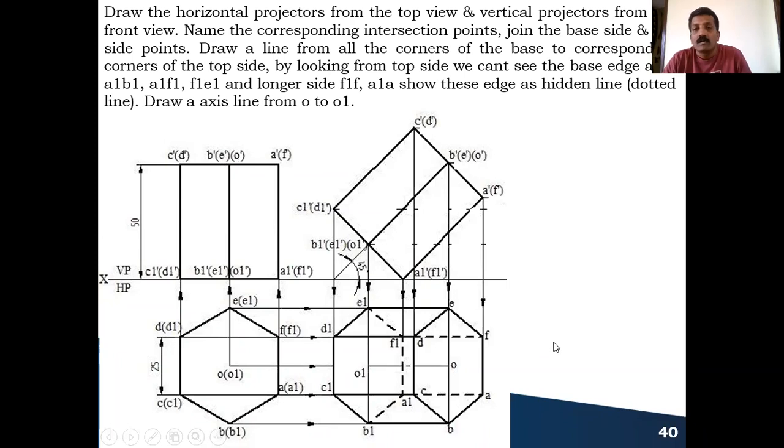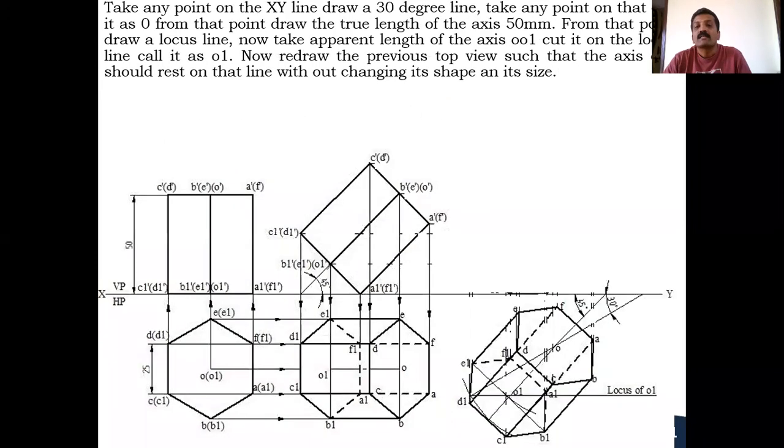Next, coming to the final view. So here he has given the axis is inclined at 30 degree to VP. So this inclination, whatever he has given, it is the true inclination. Okay, so what you have to do, you take any direction on XY line, you can draw a 30 degree line in any direction. Okay, so now after taking the 30 degree line, you take the axis point O anywhere. You locate that point, you call that as the axis O.